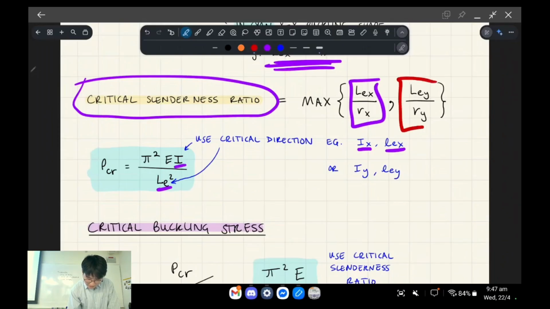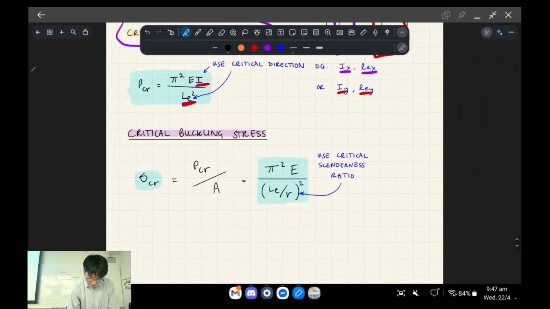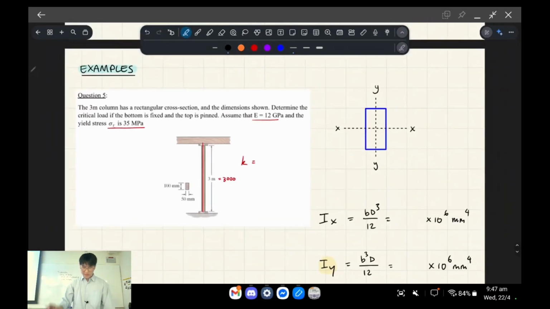But if you find that this one's critical, you plug in this value and this value into here and here, okay? That's the idea. So, yeah, that's basically it. Okay, I'll just run through these questions really quickly because, quite frankly, you've got better things to think about right now. But I still want to show you how these numbers kind of work.